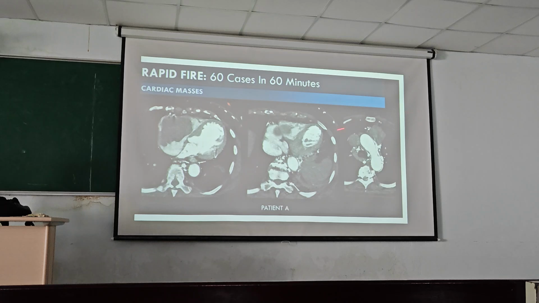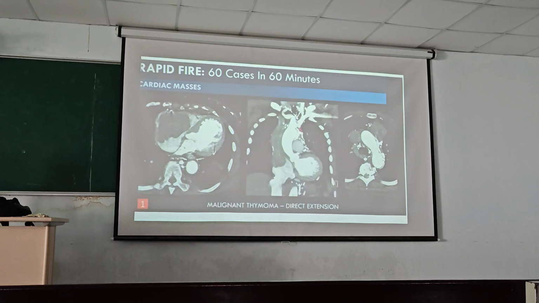And then you can see this mass right here is actually a thymic carcinoma, a malignant thymoma that goes into the superior vena cava and then goes into the atrium, extending into the heart. So the most common cancer that goes into the heart is metastatic disease, obviously, but you think of